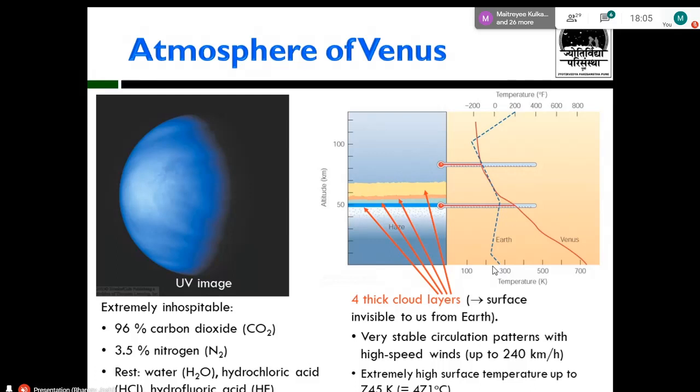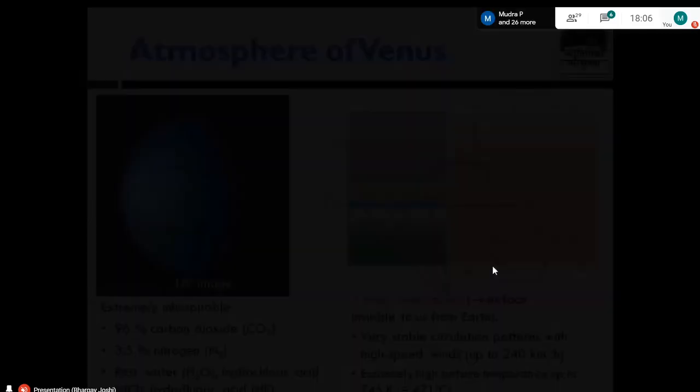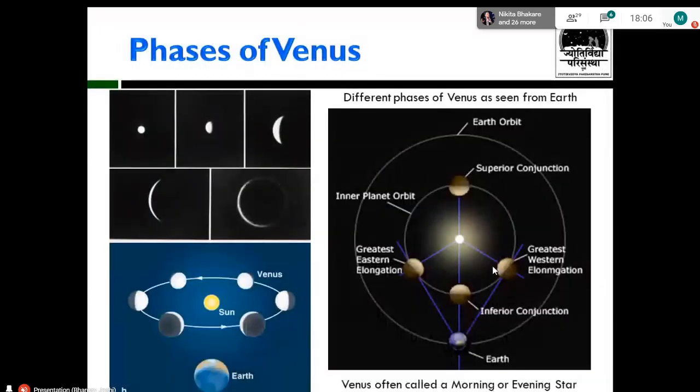That research has been published, I guess, about 2 days ago. You can look it up on Nature Astronomy. So that is one of the most interesting and significant discoveries in the history of mankind, finding the possible signs of life on another planet. So yeah, just like the moon has phases, even Venus has phases. You can see this diagram anywhere. If you want, I can send you the image later on.